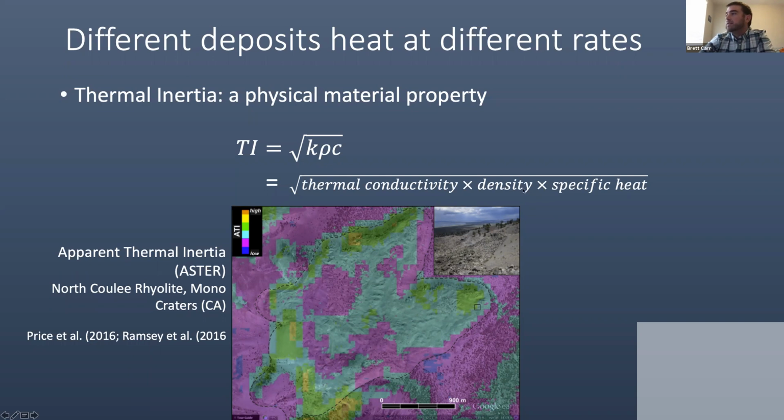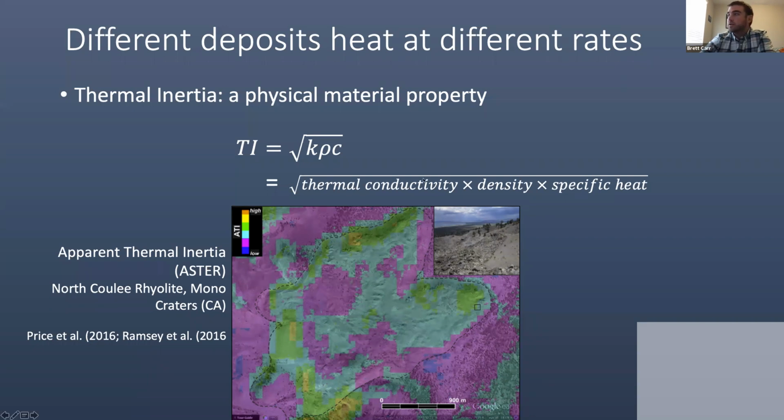And so you can see, it's sensitive to density. If you look at the equation, as the density increases, the thermal inertia is going to increase. And so denser materials require more solar input to heat up compared to less dense materials. What this will be relevant for in the study area that I'm talking about today is vesicularity. Less vesicular lava is going to have a higher thermal inertia than highly vesicular lava, which will have